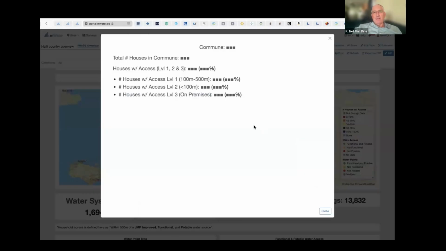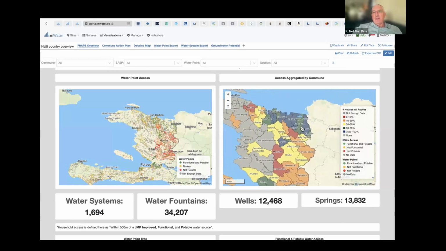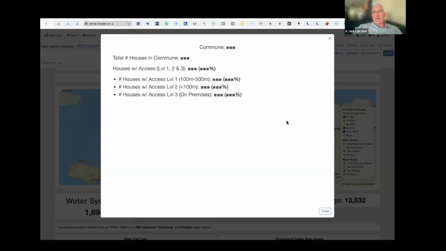So MySod, which is also next to Jane, I can tell now based on the data that only 991 houses, 6% of the commune of MySod has access to clean water within 500 meters of their house. And that's very, very different than up here in, say, True de Nord, where Haiti Outreach did a bunch of work with the mayor, and now 92% of the houses fall inside a green circle.